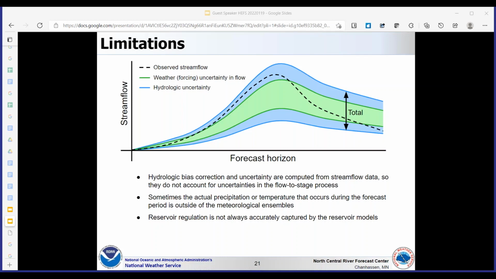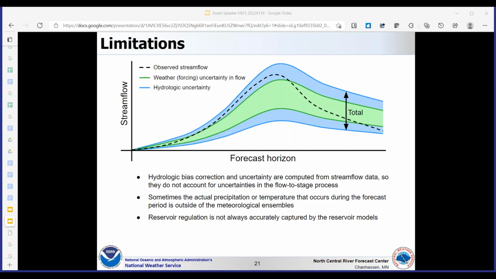This is not something that we're able to do with our partners right now in our service area. I'm sorry, we're not able to do this on an ensemble basis with our partners right now. They don't have the modeling in place where they can come up with these different ensemble hydrographs given our inputs.